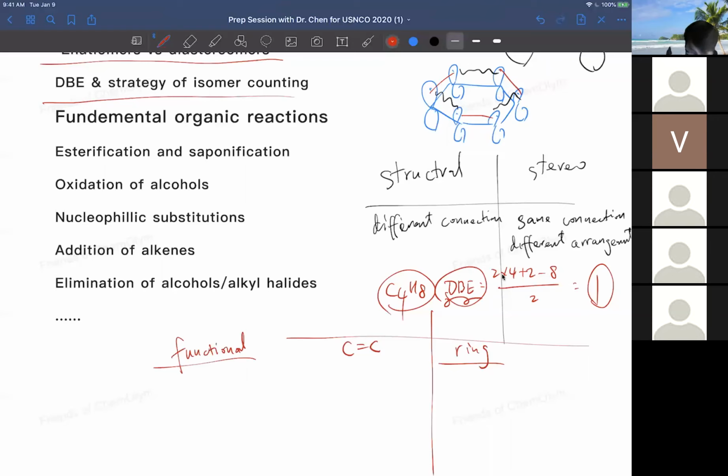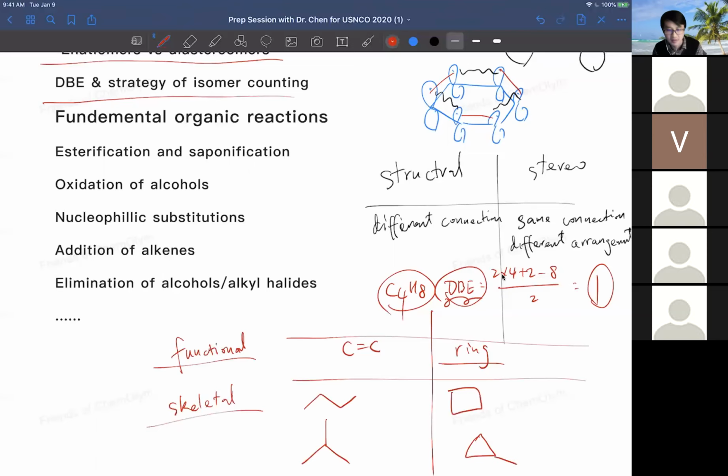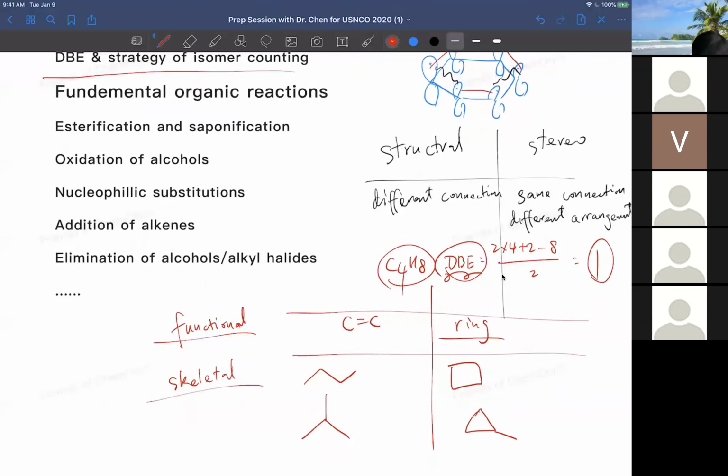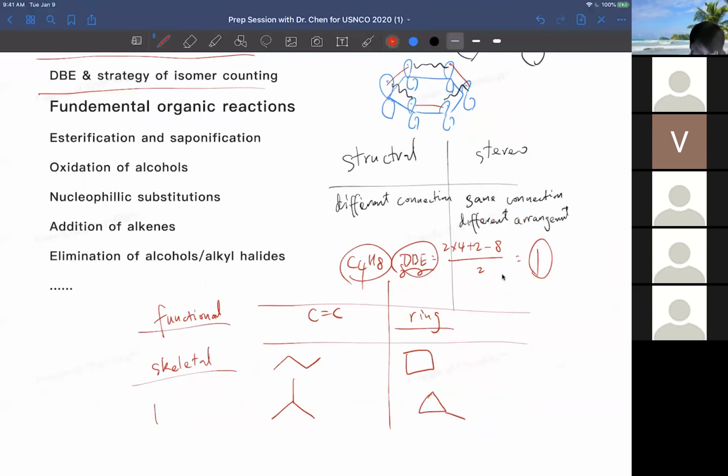Okay, and later we can think about the skeletal, right? Isomers. We have 4 carbons. We can do it in this way. We can do it in this way. For a ring, I can do it in this way. I can do it in this way, right? So this is called skeletal, right? Make sense? And then what the last category I should think about is the location, or it's called,